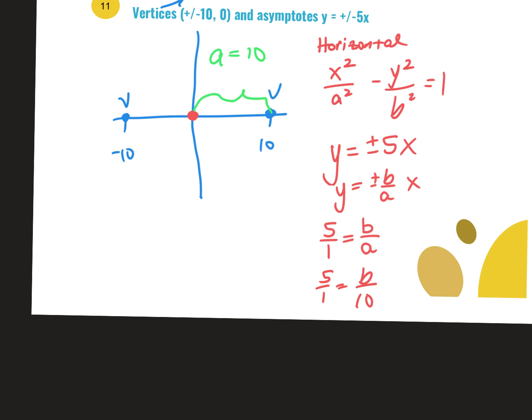Ooh, so now we cross multiply. So B equals what? 50. Perfect. What do I need in order to write my equation? I need my center, which I have, and I need my A and my B, yeah? Do we have what we need? X squared over 100 minus Y squared over